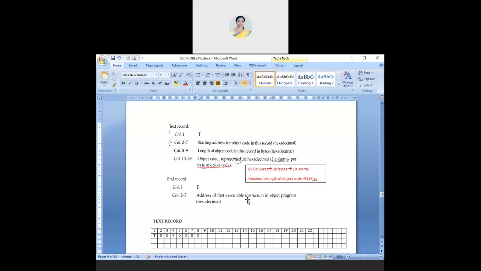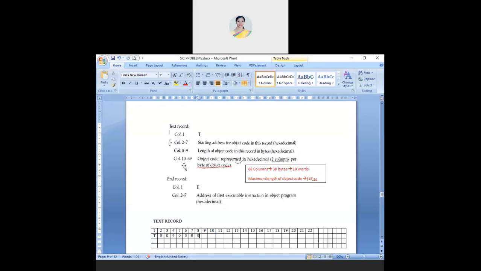See, I'll tell you what exactly this means. The total length of the text record is 69 columns, correct? Out of those 69 columns, I have written 10 to 69 to represent the object code, in hexadecimal, 2 columns per byte of the object code.